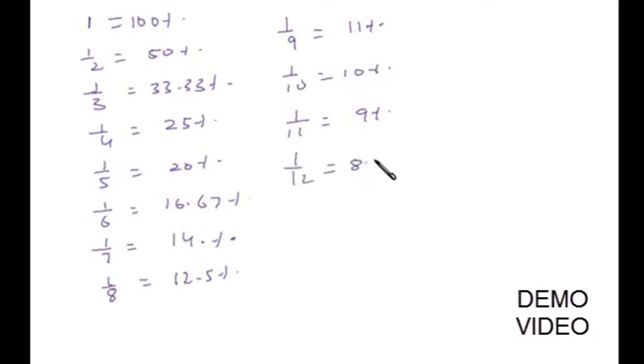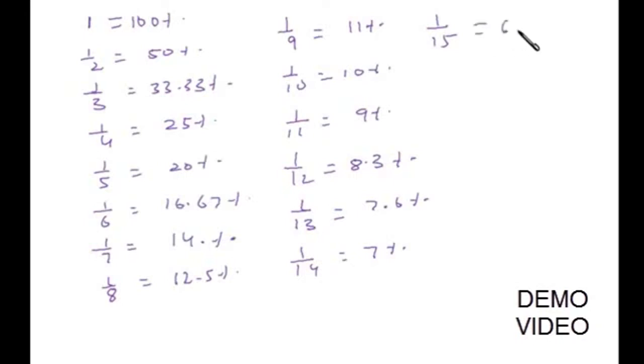Then 1 by 9 is around 11%, 1 by 10 is 10%, 1 by 11 is around 9%, 1 by 12 is 8.3%, 1 by 13 is around 7.6%. Up to 1 by 20 you should be knowing. 1 by 14 is half of 1 by 7. So if 1 by 7 is 14%, then 1 by 14 will be half of that, that is around 7%. Similarly, 1 by 15 is one third of 1 by 5, which is 20%,